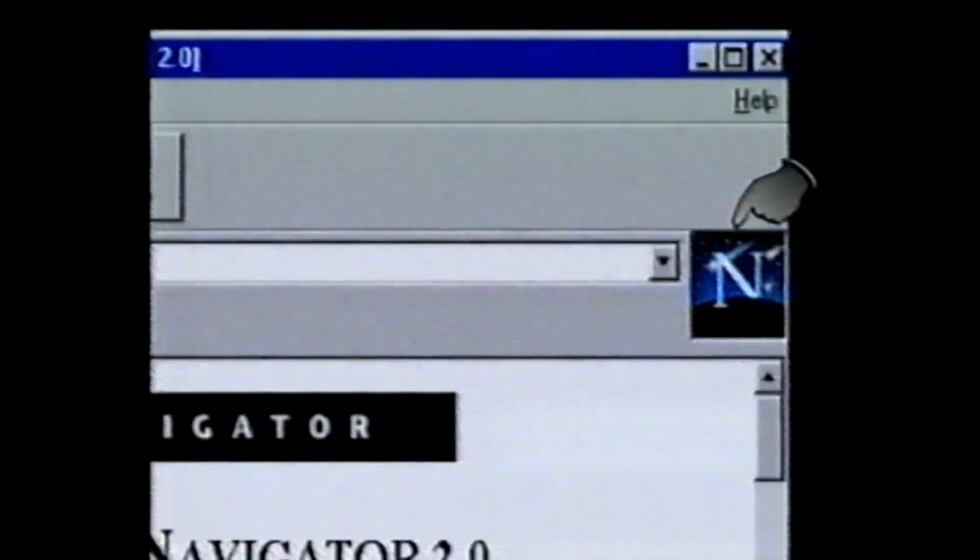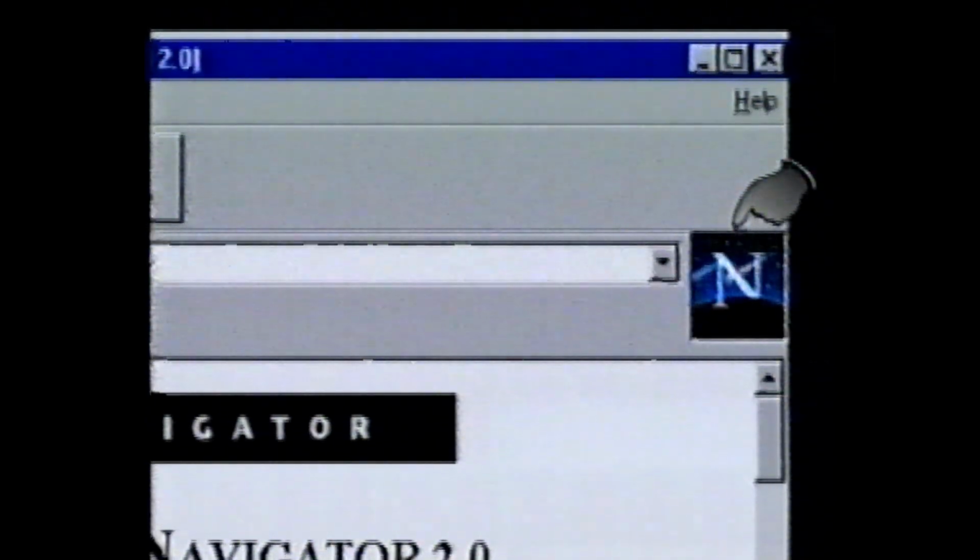To the right of the URL window is an image of an N resting on a globe. This is an activity indicator. When we click on one of the blue words located in a web page, the indicator becomes animated, telling us that Netscape is still performing our last request. An animated activity indicator is like the music that we hear while waiting on hold on the telephone. It's saying, please hold a moment while I perform your last request. And yes, you are still connected.